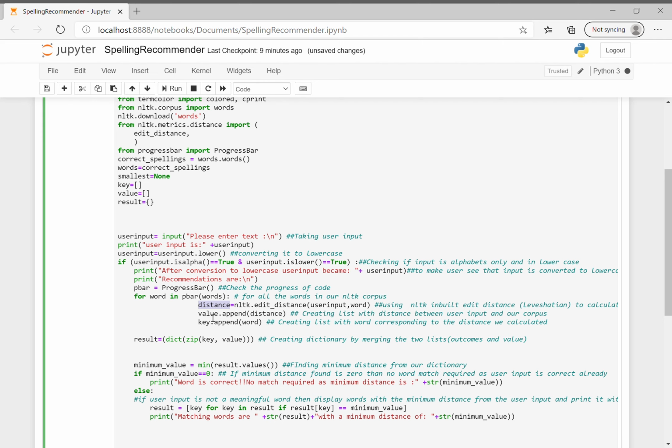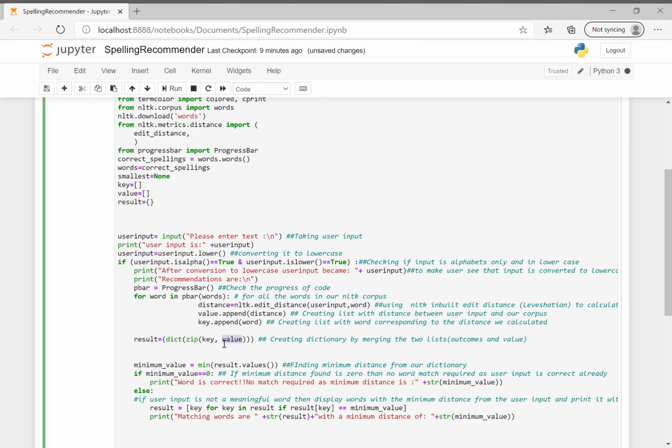Now, as we know that in a dictionary we have key-value pairs, here I have created a list of values which will save the distance for each word for the given input, and also a list named key, which will save all the words that were compared and calculated for the given input. Then I created a dictionary with a key-value pair.